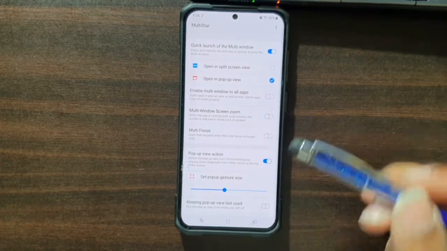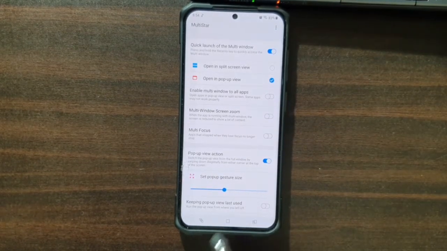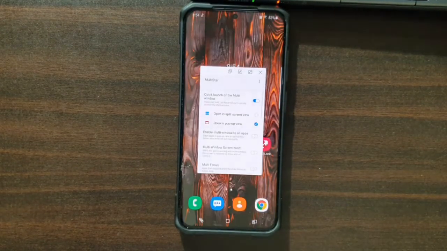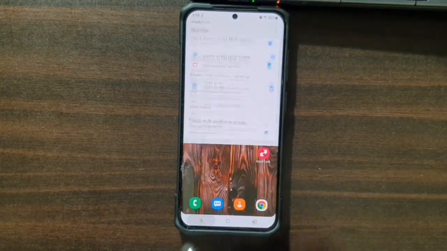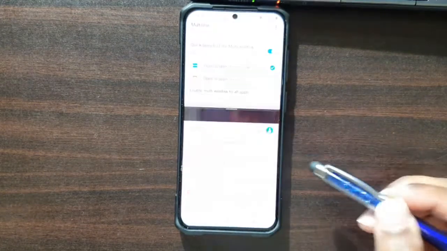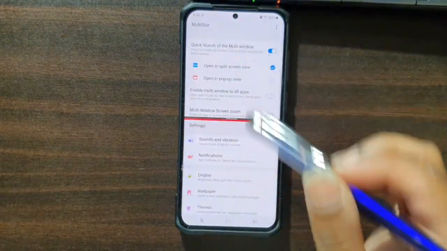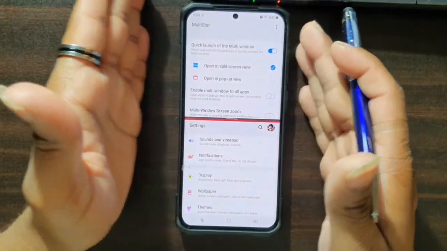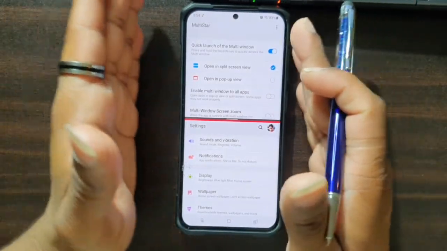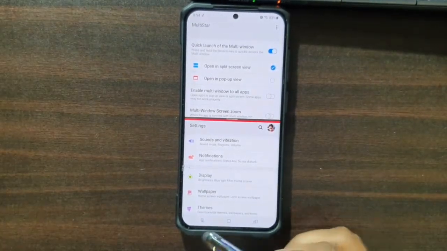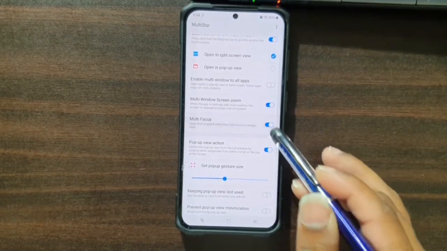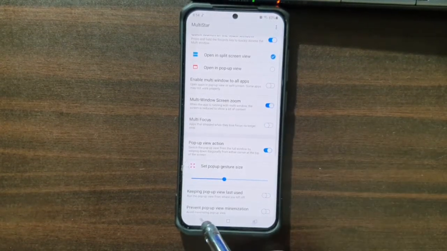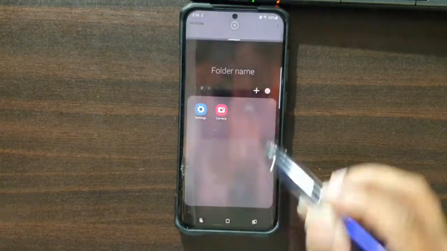With that option, let me quickly show you. If I go in, let me enable that. If I go in here and open up another one, the window is a bit bigger. The font and everything is a bit bigger. But if I go in here and turn that on, now they will be smaller.